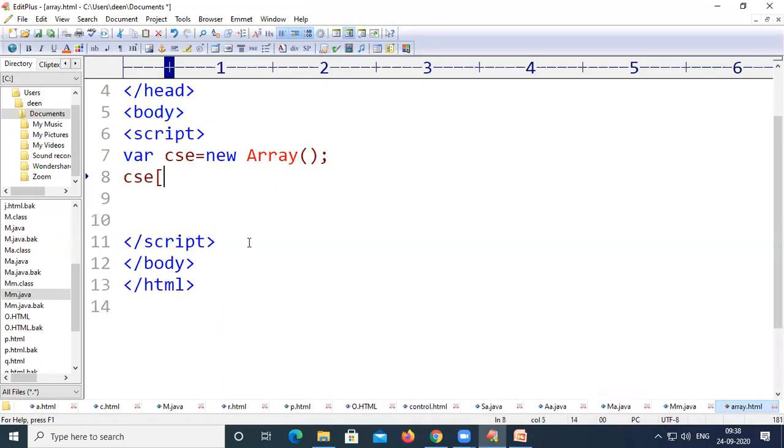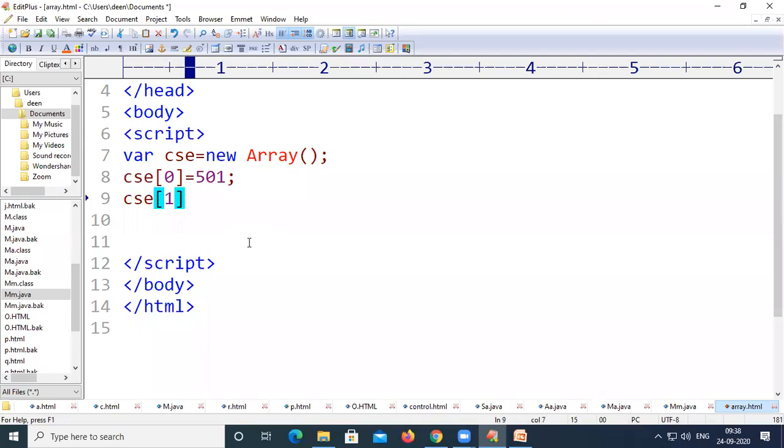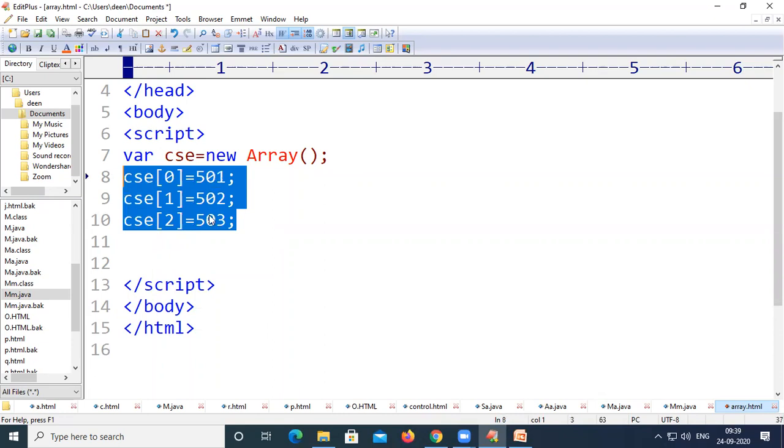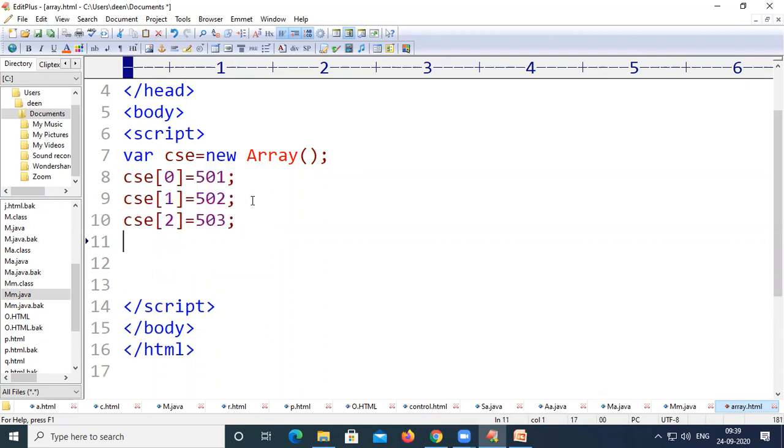So csc of 0 equal to 501, and then csc of 1 equal to 502, csc of 2 equal to 503, right? So this is how we can initialize the values into the created array here.